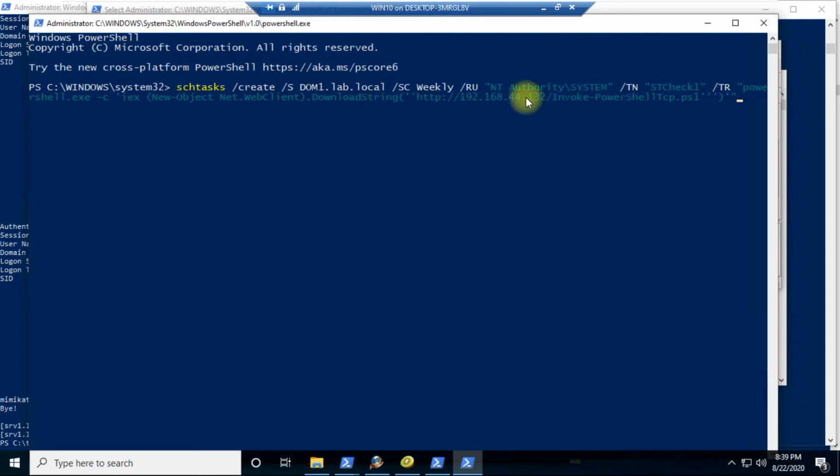This is the name we are defining over here. And other than that, what we actually want to execute. So you can see PowerShell.exe -c, and this file is downloaded from our HFS where we have put that script. Okay, this is the actual command for it. We simply run it and we get that it's created.